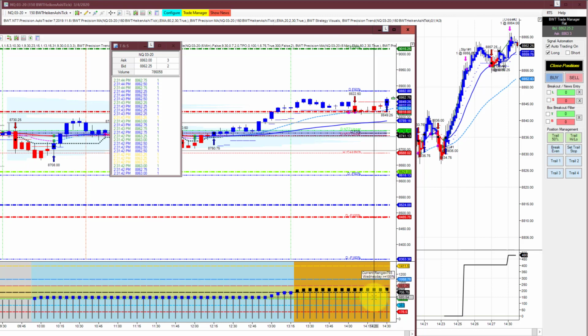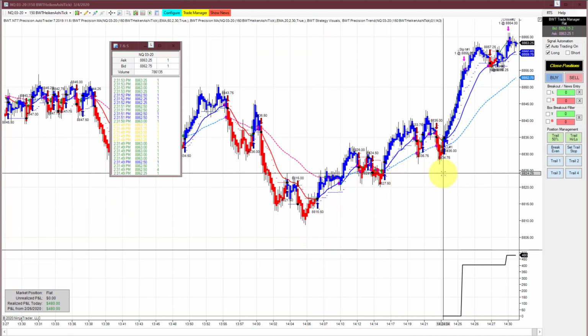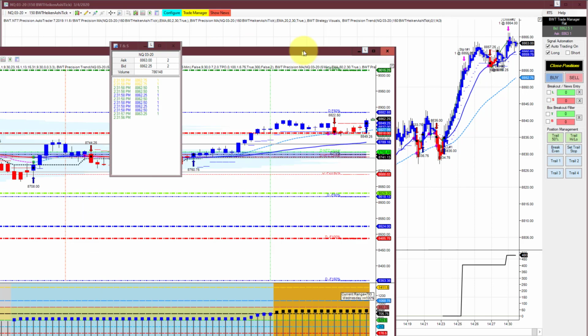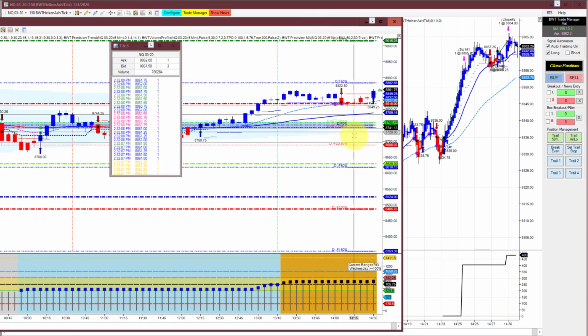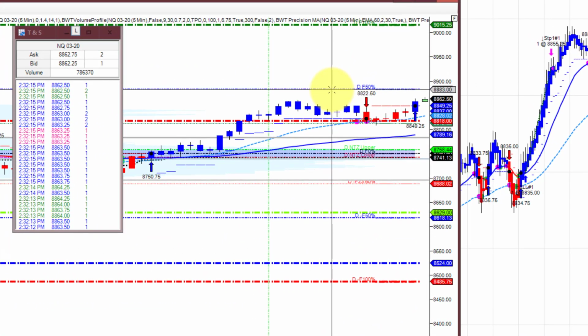Right about here was where we got in on this chart. It was a series of higher lows here, and then right after this bar was this big spurt in the market. The other thing that is interesting is this is the daily 50% Fibonacci level on the